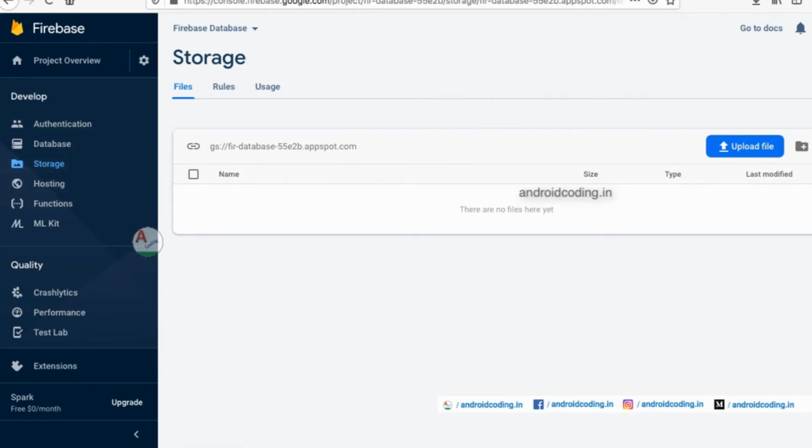We are uploading our image file and downloading it again. This database we have also dealt with in a previous tutorial, and authentication for Firebase login we have dealt with as well. If you missed those tutorials, you can go back and watch them. You will get very good confidence if you go step by step. So this is for this tutorial.